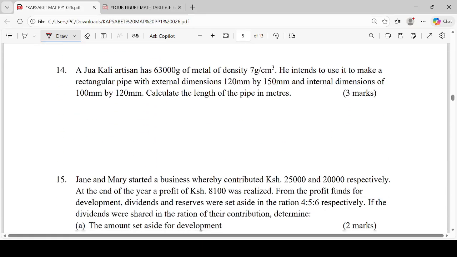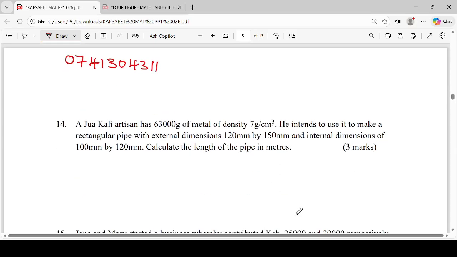Let's look at question number 14. A Juakali artisan has 63,000 grams of metal of density 7 grams per cubic centimeter. He intends to make it a rectangular pipe with external dimensions 120 millimeters and 150 millimeters, and internal dimensions 100 millimeters and 120 millimeters. Calculate the length of the pipe in meters. First of all, let's calculate the volume of the metal. Remember that